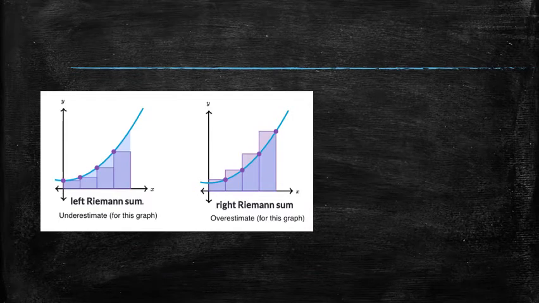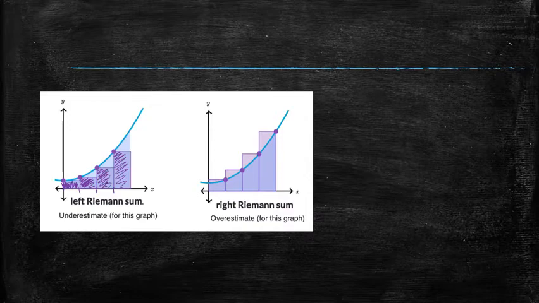So to calculate the exact area under the curve, we're going to start with approximations. Our first estimate will be what is called the left Riemann sum. We can see from the picture that the left Riemann sum means that we're using the left endpoint of the subintervals. In this case, we have 4 subintervals. Use the left endpoint of the subinterval to get the height of the rectangle. The width of the rectangles, at least for now, are all the same. So we would simply add up the area of these rectangles,